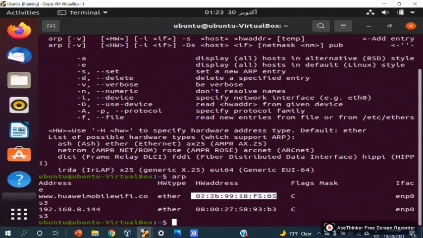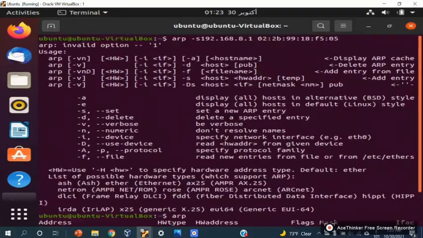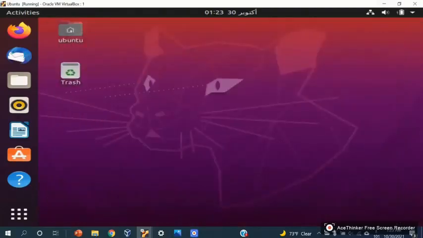Here the Wi-Fi, and this is the MAC address of the Wi-Fi. It returns back to the same original MAC address, and this is how to